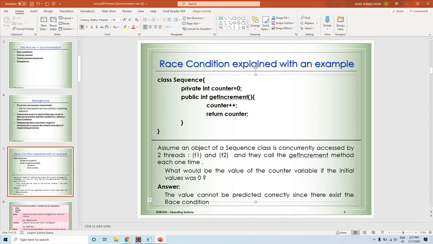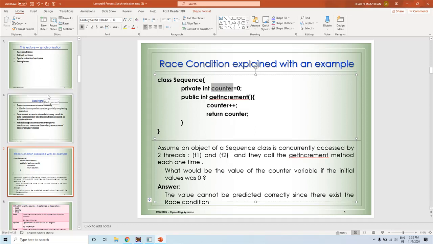This statement is used to increase the value of the counter by one. It is a postfix increment operator, and the value is returned to the caller. So basically it's a very simple function: one member variable and a method, and when this method is called, the value is incremented by one.